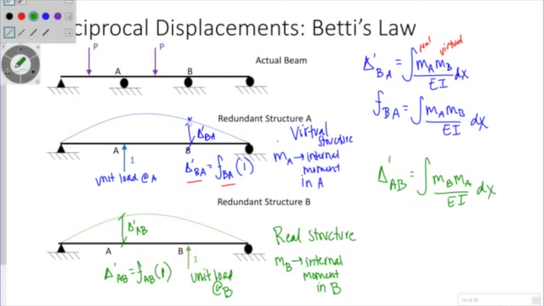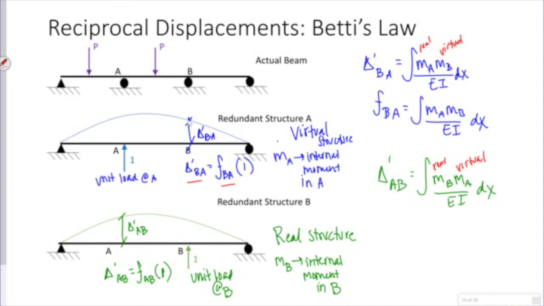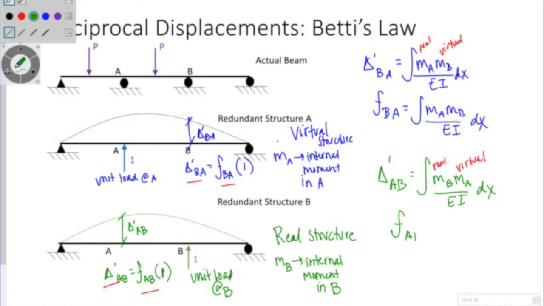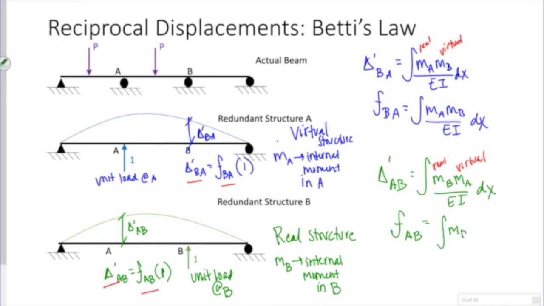Now in this case, my real is my MB and my virtual is my MA. And again, my deflection is actually the flexibility coefficient because I was applying a unit load. So my flexibility in A due to a load at B, a unit load at B, is the integral of MB